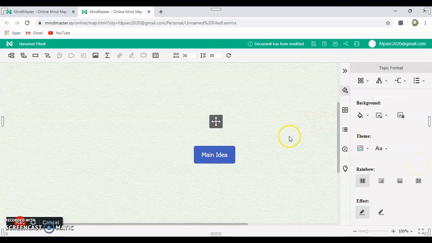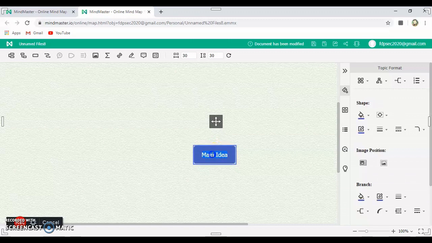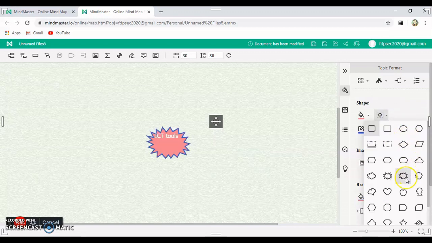So moving on to the diagram here, I click on this block. I click on the text here. I change the text. I want to change the color. On my right hand side under the section shape, the first icon, fill color, I change the color. I can even change the shape by clicking on this second icon here. I'll just stick to this first, but we can change the colors.